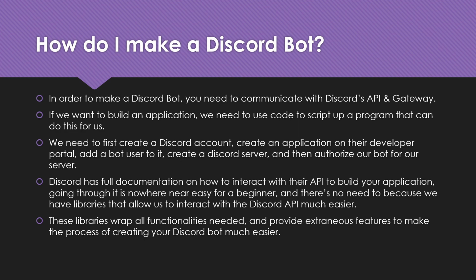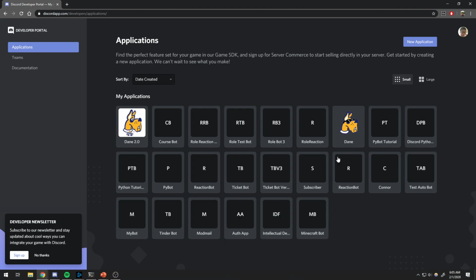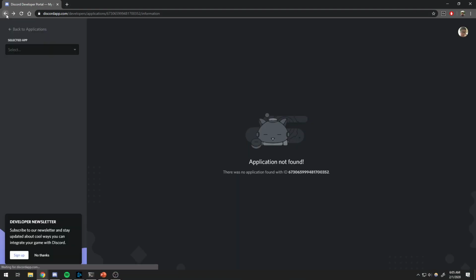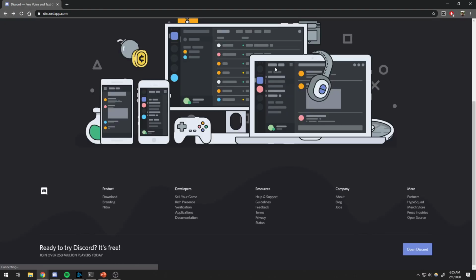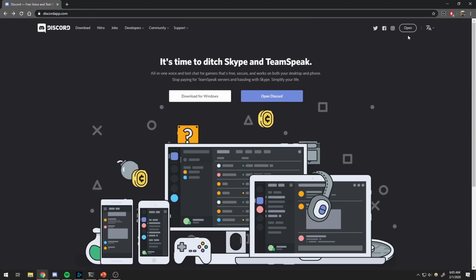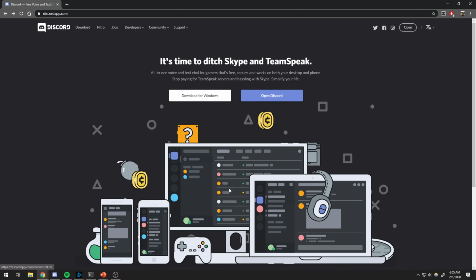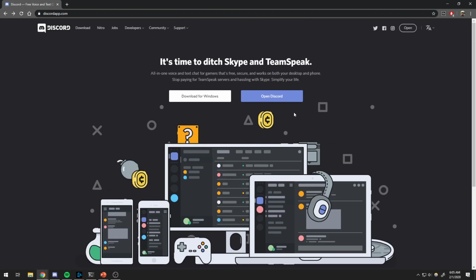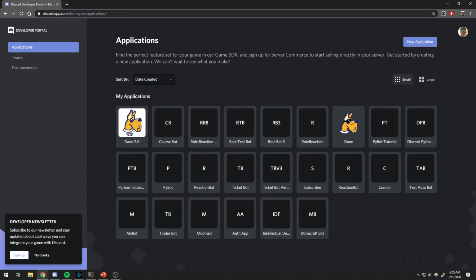The first step is we need to actually create an application on the developer portal. Okay, so before we even worry about anything else, let's actually do that real quick. So what you're going to do is you're going to go over to discordapp.com. You're going to make sure you have an account. If you don't have an account, you won't be able to access the developer portal. Okay, so make sure you have an account, make sure you're logged in, go over to developers and click on developer portal. This will take you over to